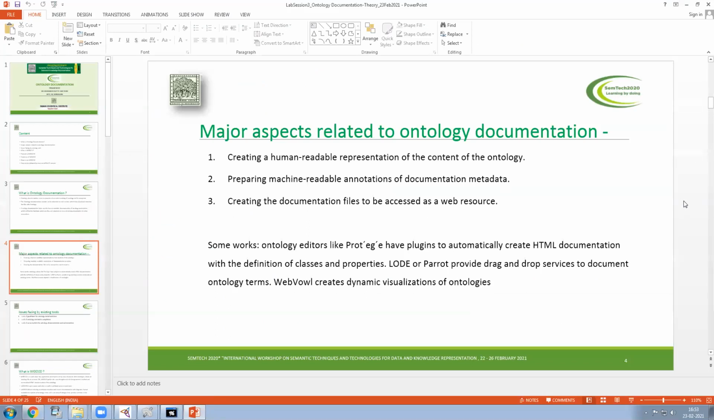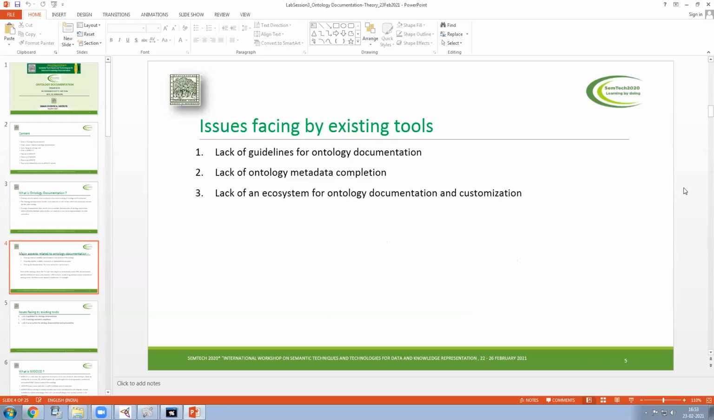So going back here, there are major aspects related to ontology documentation: creating a human readable representation of the content of the ontology, preparing machine readable annotation of documentation metadata, and then creating the documentation files to be accessed as a web resource. For that reason, this session will focus on whether, without doing anything manually, we can automate this process to produce such a